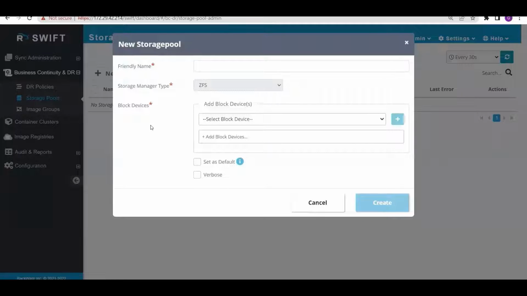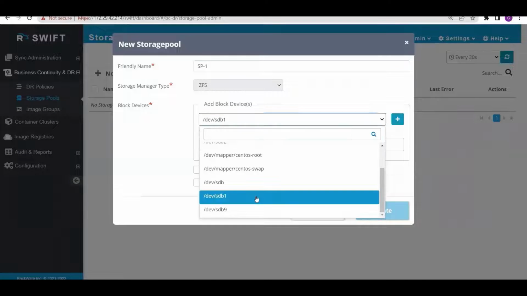A storage pool is used for taking a backup of application PVCs into our Swift machine. So we will provide a storage pool friendly name. We will select the storage manager type as ZFS, and for block devices we will use dev/sdb1,